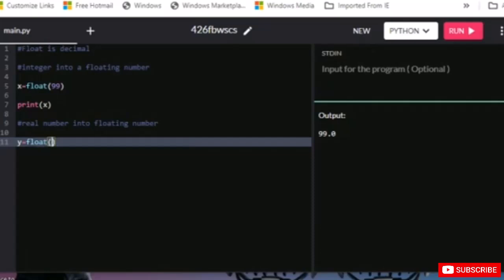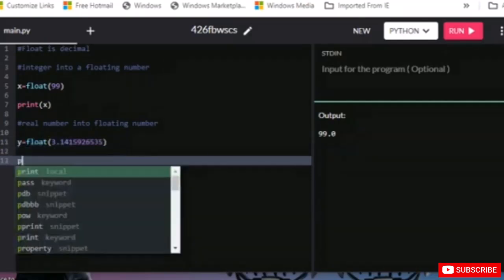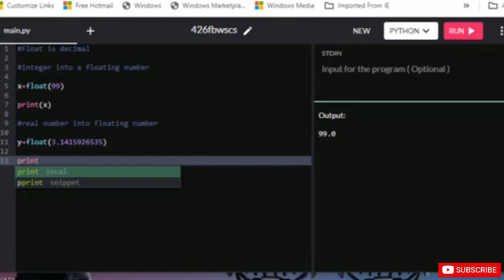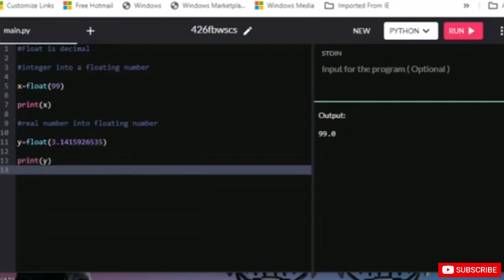Well, I'm not going to bore you with the values of pi. So let's print it up. There was a time when I actually remembered the value of pi till 100 decimal places, but who cares? Okay, let's hit run. And you can see that it printed it exactly because the real number itself is the bigger part of the floating number. So floating numbers actually come inside the real numbers technically. So that's why there is not much of a difference.